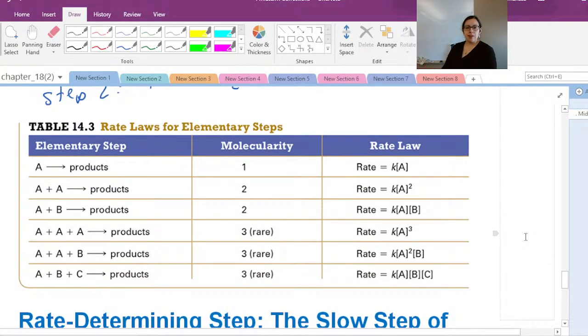And okay, so this next chart is again to just kind of show the rate law for these elementary steps, how it should translate. So again, if it's just unimolecular, it's going to be dependent on that element A. If it's 2 of those, like we mentioned, A and A coming together, then that would translate to A squared for that step, because that's the same thing as K times A times A. If they're different, it just means it depends on both those concentrations. And then obviously all these 3 are rare, but at least you're aware of them.